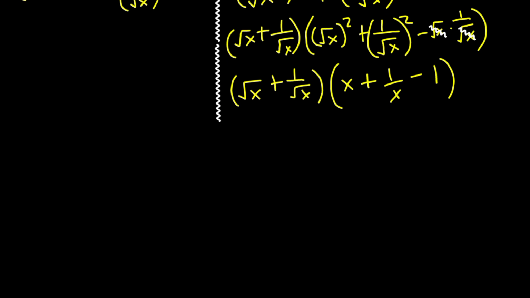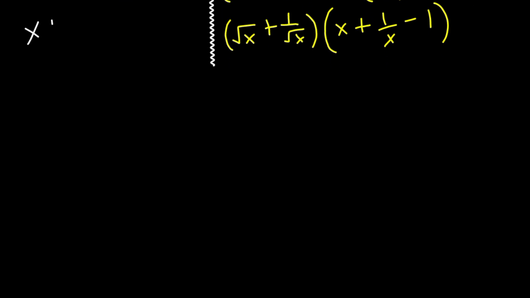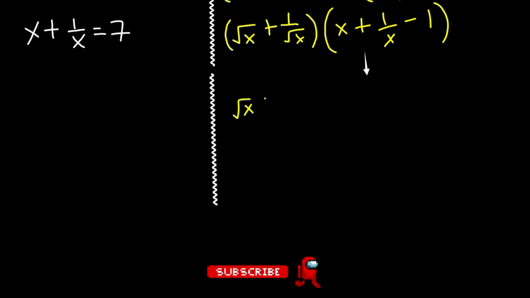And now from the equation given to us, we know that x plus 1 over x equals 7. So therefore we can substitute this, and then we're going to have plus 1 over root x,